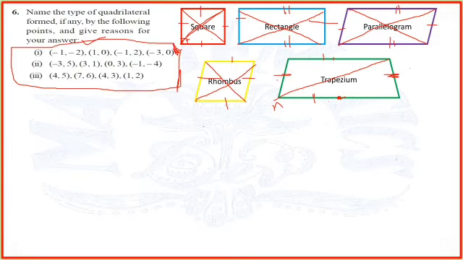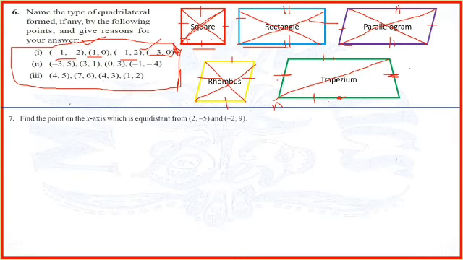After knowing all the properties of these 5 quadrilaterals, you can start with the first, second, and third. As you can see here, you have 4 vertices. Take all these vertices and one by one check all the sides A, B, B, C, C, D, and all the diagonals, and segregate as per the name of the quadrilateral, whether it is a square, rectangle, parallelogram, rhombus, or trapezium. So it is for you.